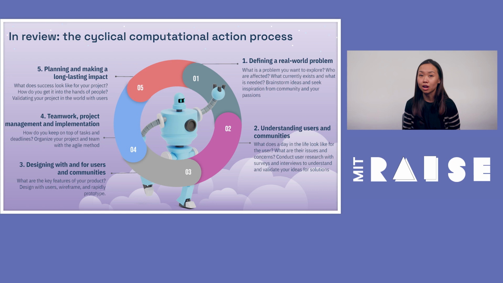And finally, in this section, we talked about how to compare the impact that your project now has with what you set off to have, which you wrote in the impact matrix, and how to think about planning and making that long-lasting impact. So not just with one version of your project, but really extending your thoughts to the horizon about what could be possible in the future. Again, this process is cyclical, right? So feel free to always return back to the computational action process. It doesn't have to be necessarily for a new project. It could be if you get lost in one part of the project and you feel like you need inspiration, perhaps another part of the computational action process could be that inspiration for you.